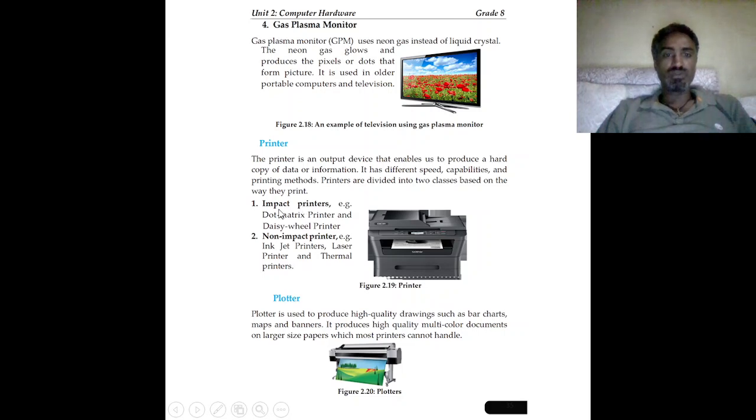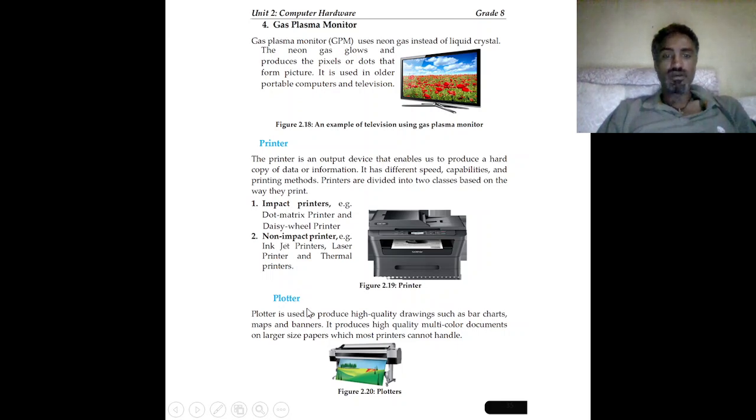Impact printers are similar to the typewriters of the previous era. They make sounds, they are noisy, and they disturb the environment. Non-impact printers print line by line, such as the thermal printer. They may be color or black and white printer types. Compared with impact printers, non-impact printers have a better printing quality.